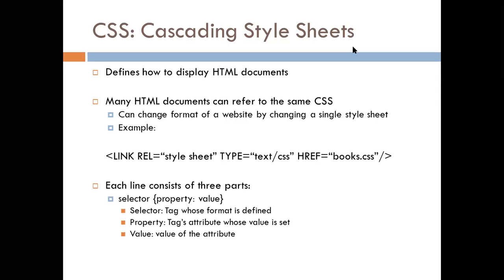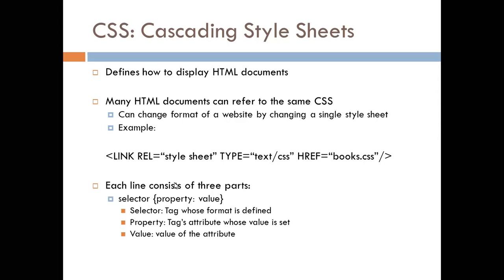In order to include a CSS file in a web page, the tag we have to use is link rel. Here rel stands for relation, stylesheet, the relationship between the HTML and the style sheet. Type is equal to text/css, then href is equal to books.css. Here the CSS file is stored separately in the same folder with the name books.css. CSS files will have the extension .css, and the type we specify as text/css, and the relationship is stylesheet.